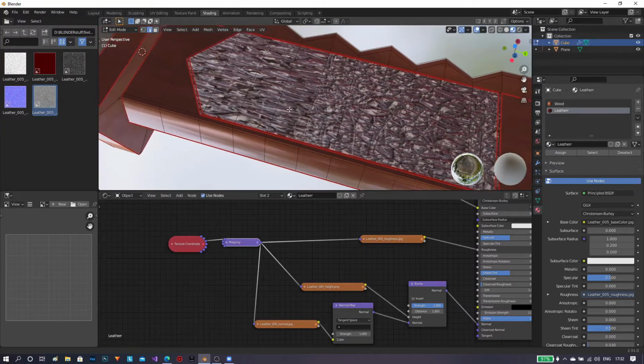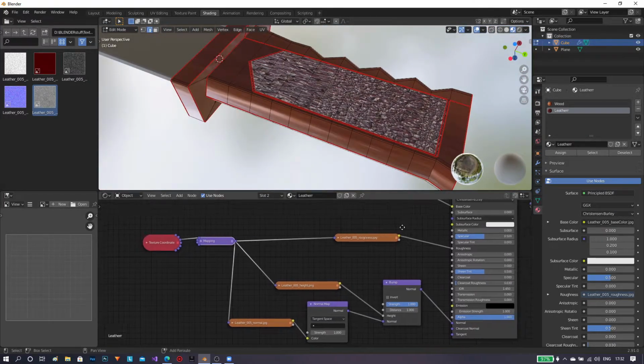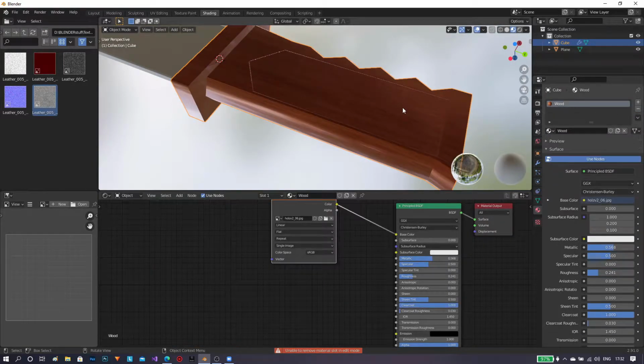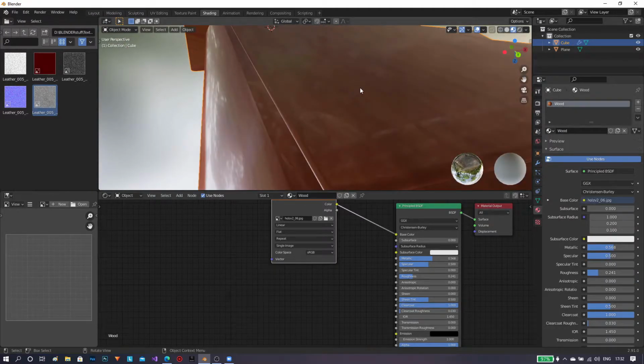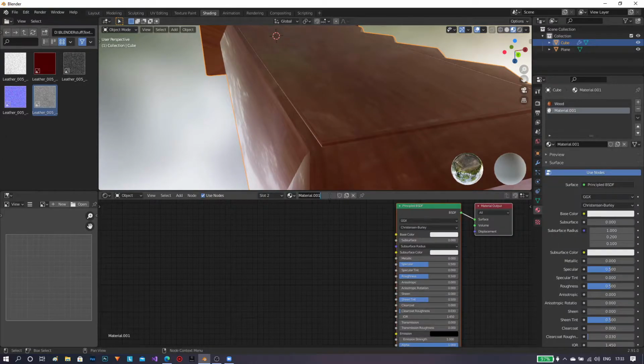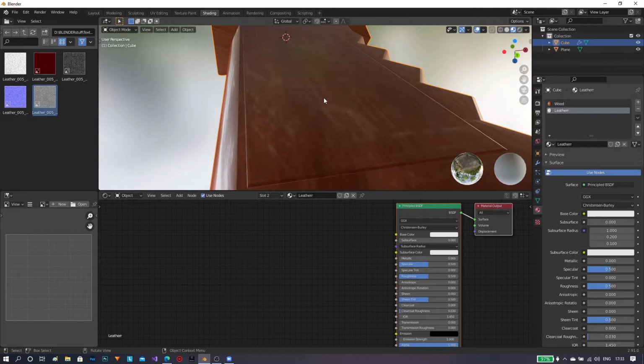Now let me redo this part. Let me hit minus, report error. Oh, sorry, I'll have to get out of the edit mode, then I can delete a mesh. So we'll have to do it again. First let's create leather. This is my leather, remember? Leather. Now let's enter the edit mode